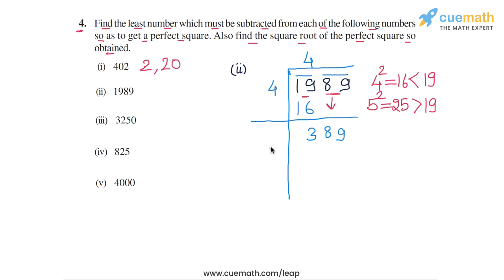Now to calculate the divisor for the second step, we take the divisor from the first step, 4, and double it. That gives us 8. Now we have to find the largest possible digit that will go here to the right of 8, and that will go here as the second digit in the quotient, such that the product of this number and this digit is less than or equal to